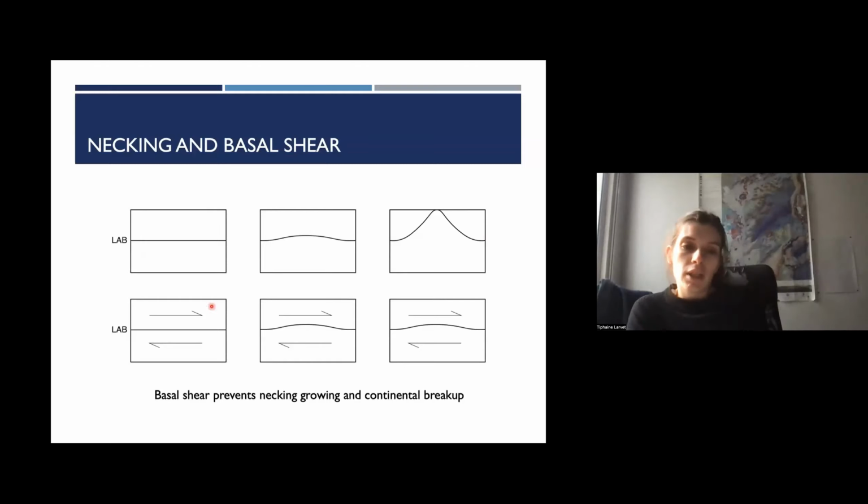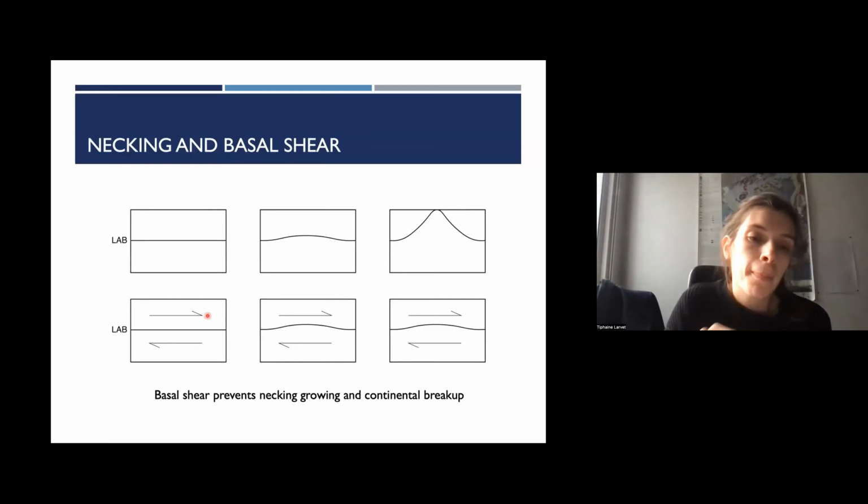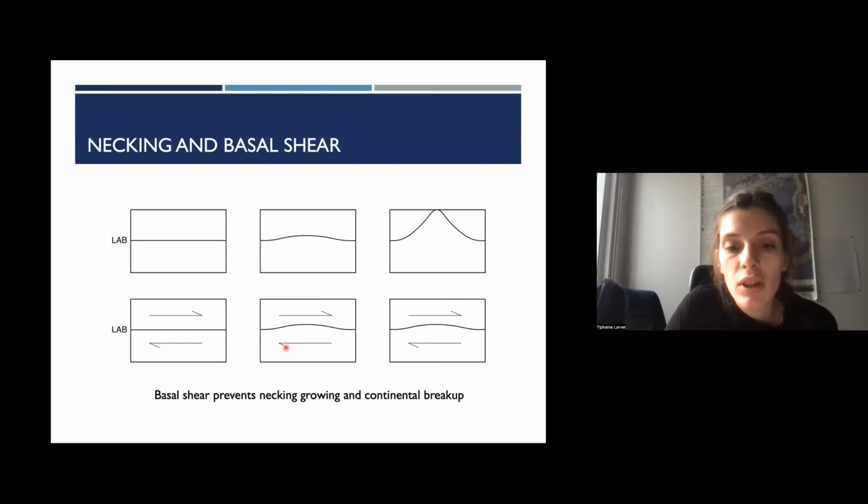In the case where the convergence velocity is applied to the lower plate, the lower plate is moving compared to the mantle below it, so it generates a basal shear between the two. The basal shear does not prevent necking, but it does prevent the necking from growing, and so prevents continental breakup.